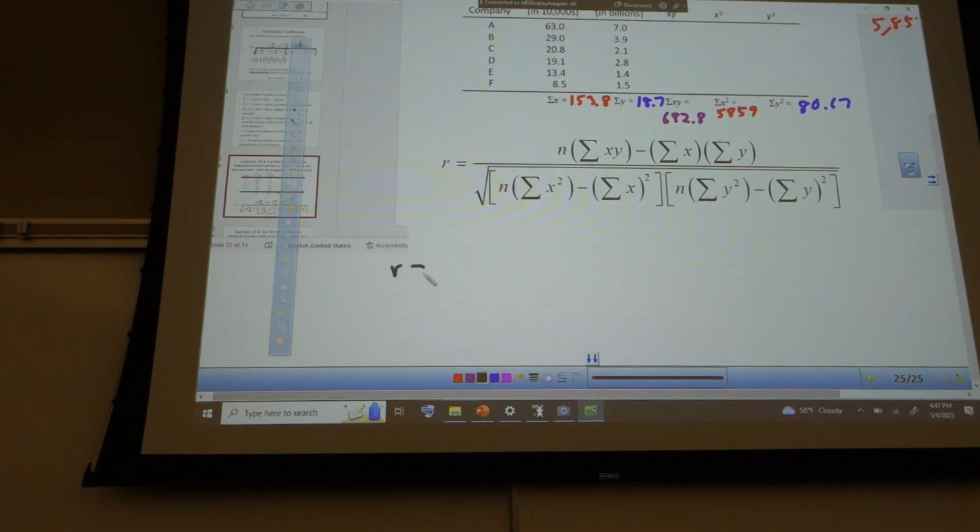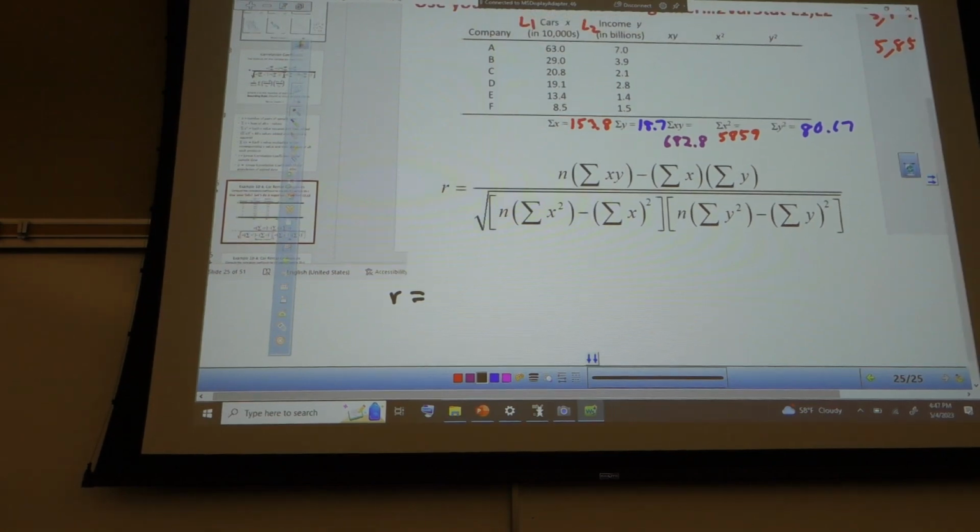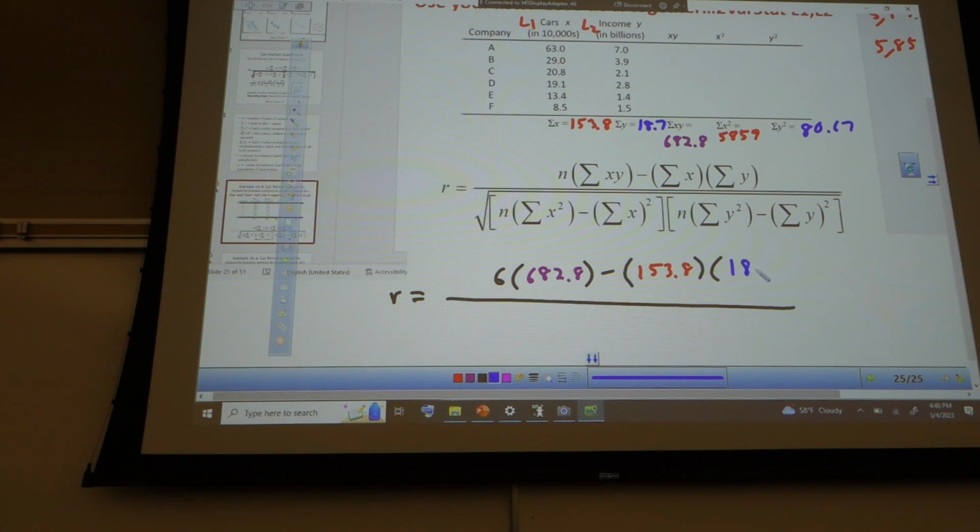So my r is equal to, now what's my n in this case? 6. 6, great. 6 times the sum of the xy's, that's 682.8. So you all are writing this with me, right? Minus the sum of the x's, 153.8, times the sum of the y's, 18.7, over